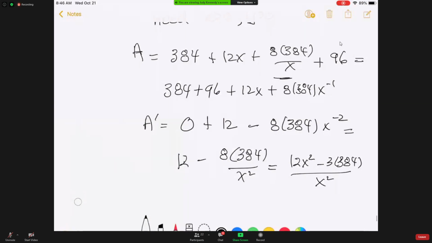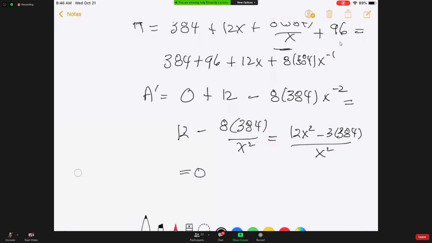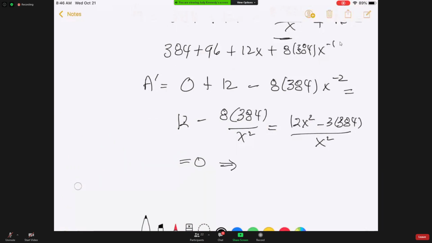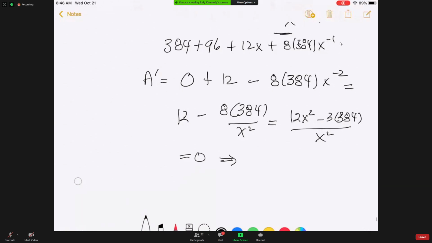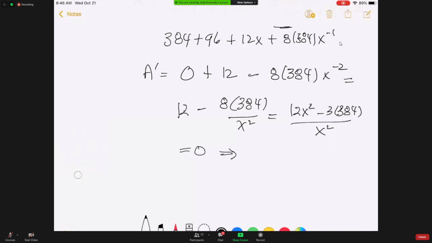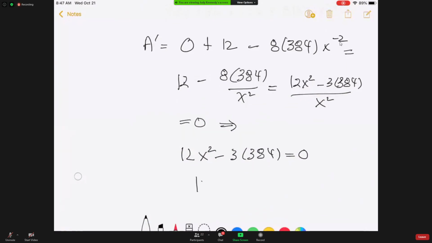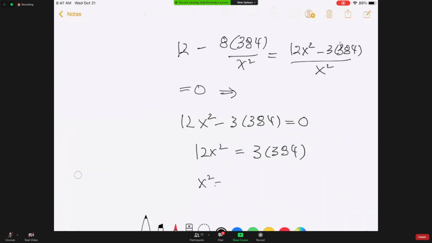Which would be that. And now set that equal to 0. And that says, okay, well, the denominator can't be 0. X can't be 0, so x squared is positive for allowed x's. The only way you get a critical number is to set the numerator here equal to 0. And that says that 12x squared, and that says that x squared,